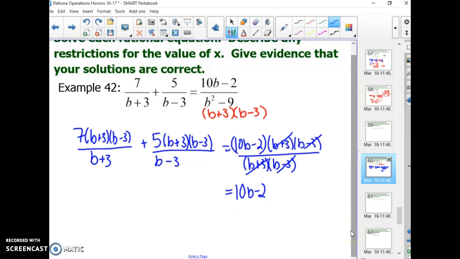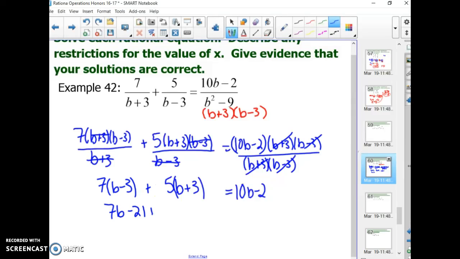Okay? So here we go. B minus 3, B minus 3, so I get 5. And I get that B plus 3. Parentheses, I've got to multiply that out. B plus 3, B plus 3, so I get a 7, B minus 3, add. I've got to multiply stuff out, so I get 7B minus 21, add 5B, add 15 is equal to